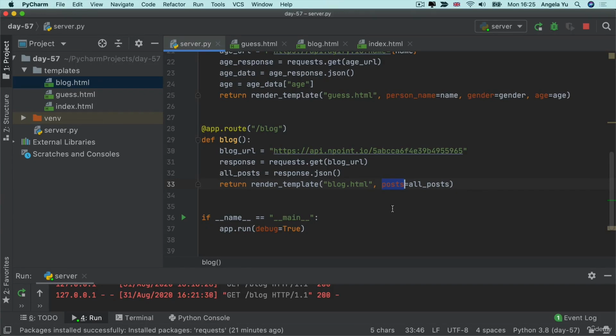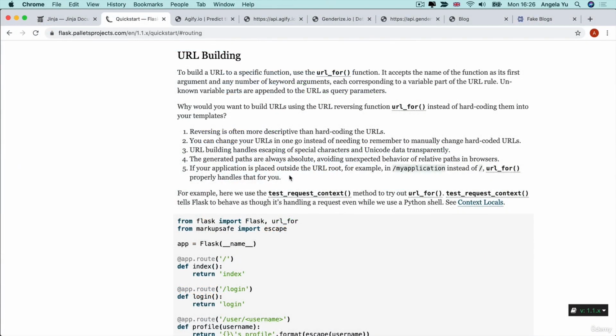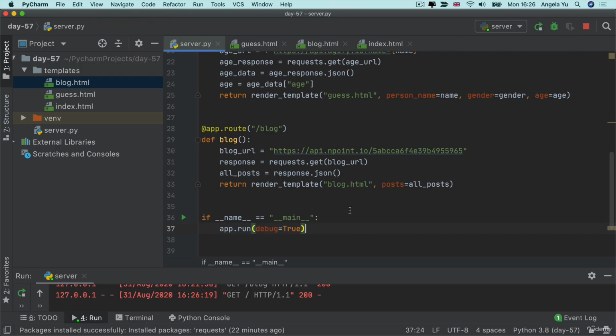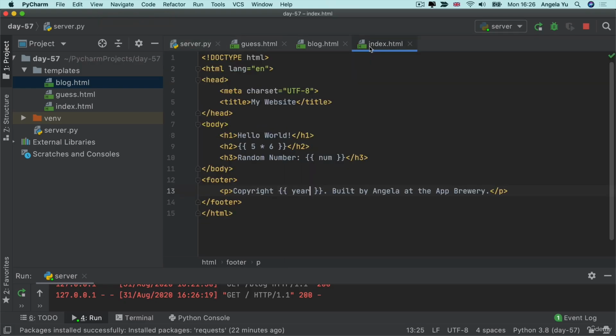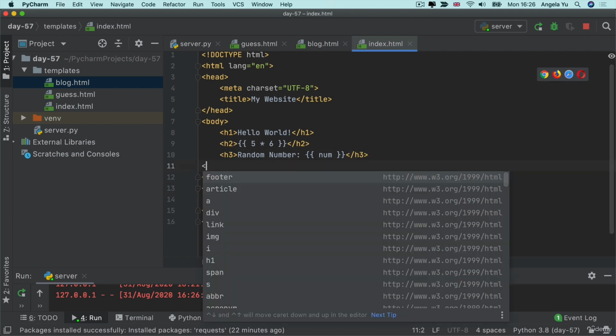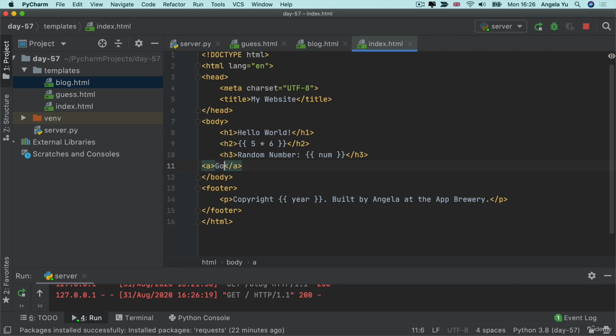So now that we've seen some of the things that we can do with templating in Jinja, I want to talk to you about something called URL building. And this is a way that allows us to direct the user to a specific page in our website and web app. Now, what that means is that, for example, on our main homepage, we could actually have a link to the blog's page. The way that we would do that is in our index.html here, we could create an anchor tag, for example, in the body here, and we could say go to blog,